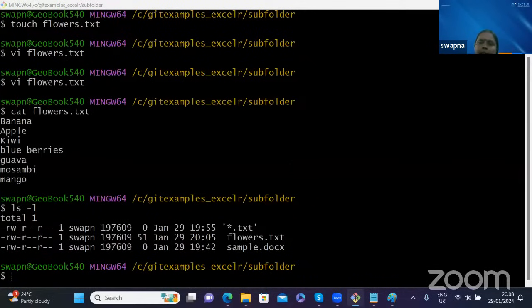Escape, Bharati, escape, :wq. Right? Okay. So again, people have some doubts. ls -l will show the permissions,